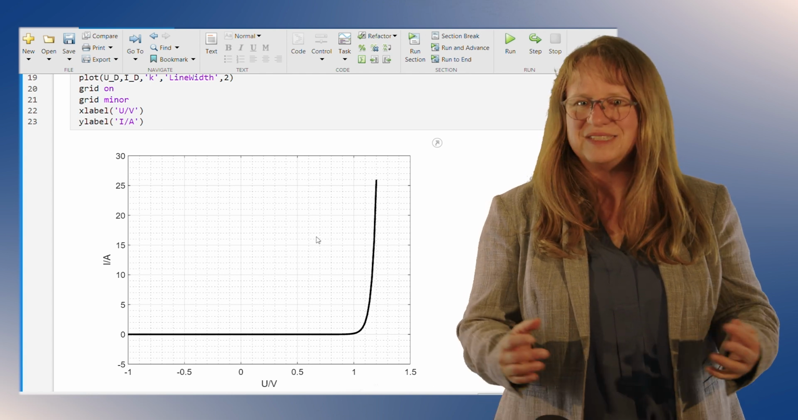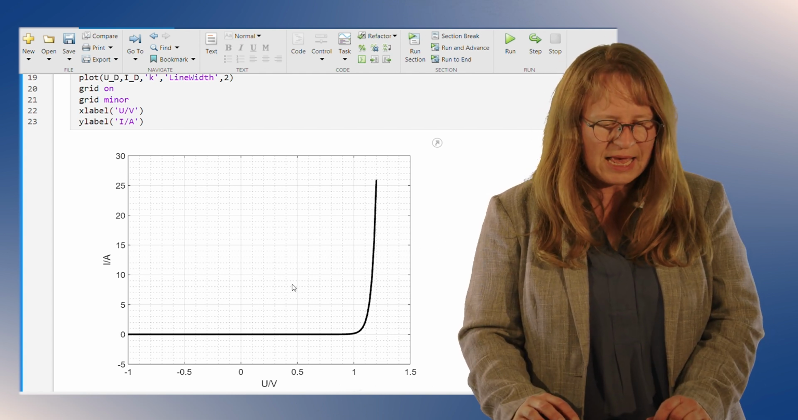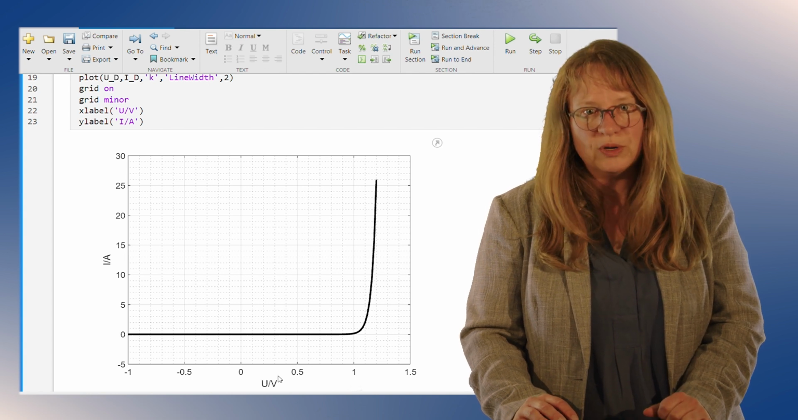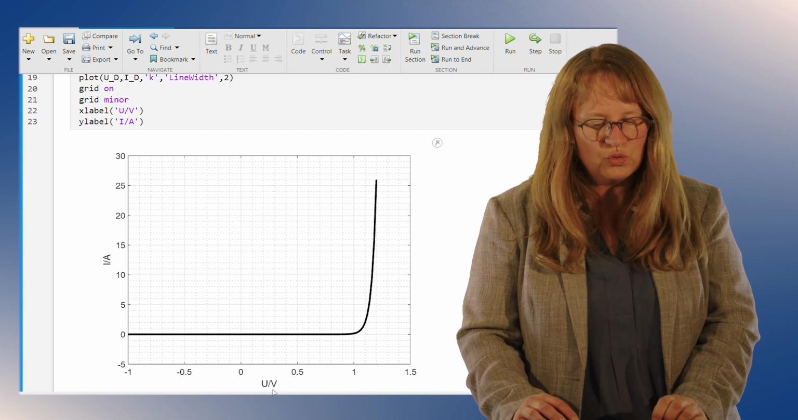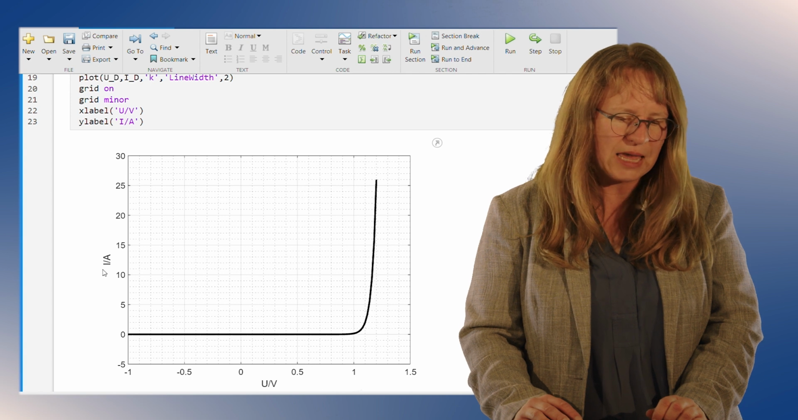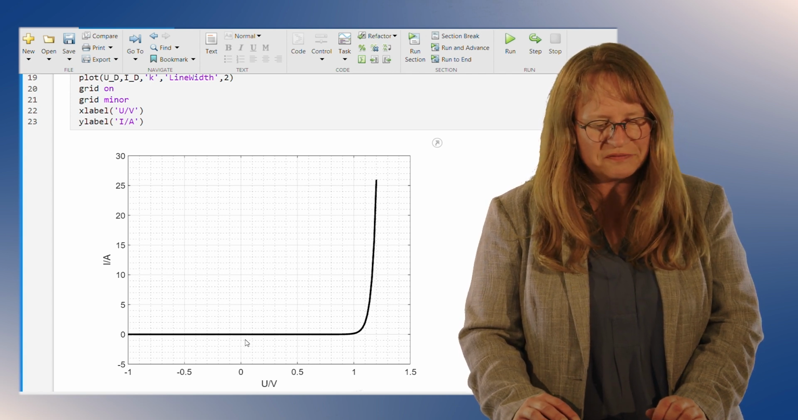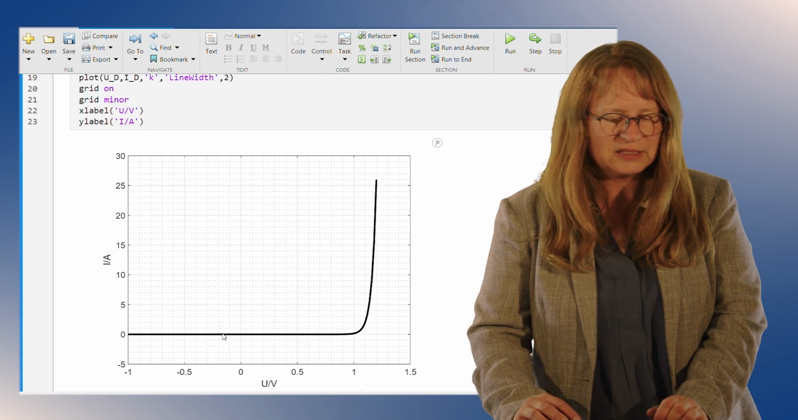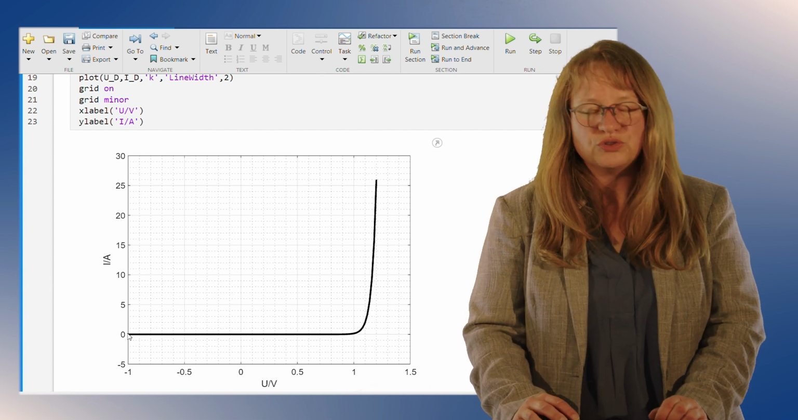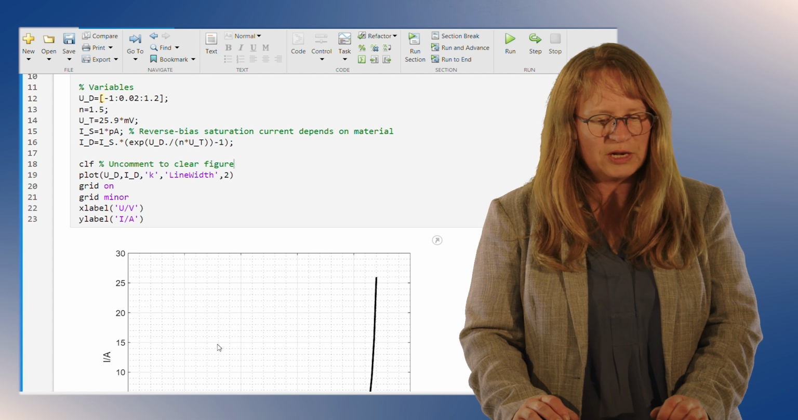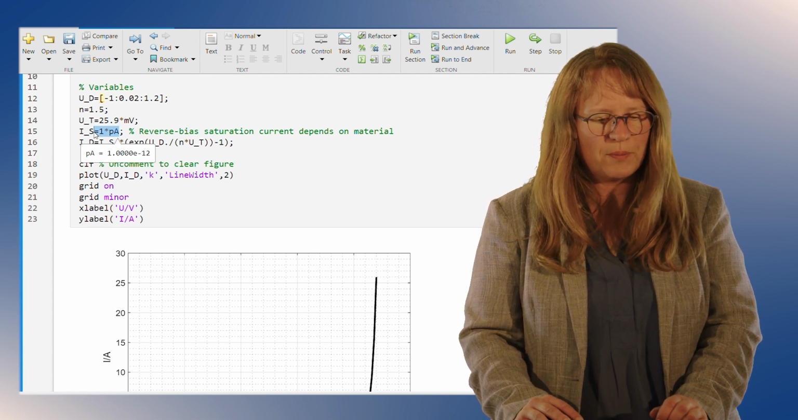So you have probably seen this before in other courses. I'm showing here the voltage again as U, as is typical in Germany. So it's U in volt and the current I in amps. And you can see here that for negative voltages, this is very close to 0. Actually, if we have higher negative voltages, this will go to the reverse bias saturation current of 1 picoamp that